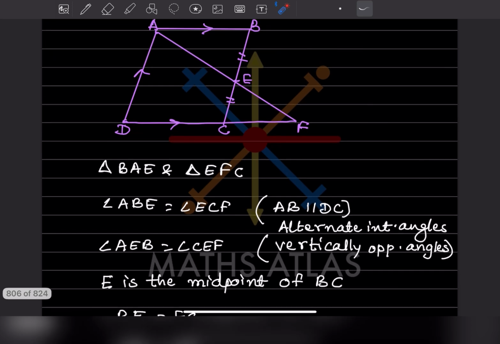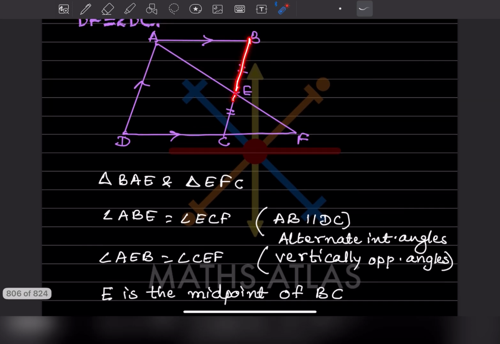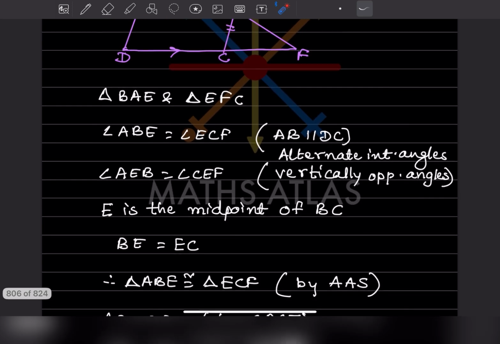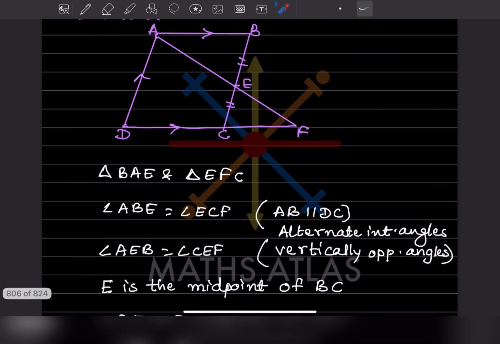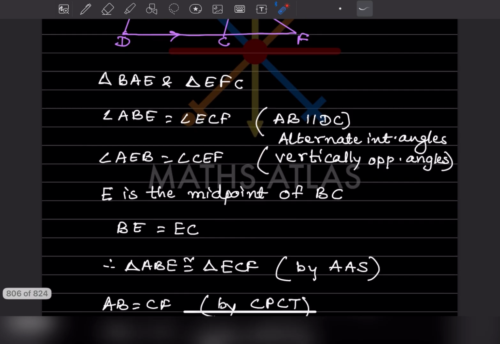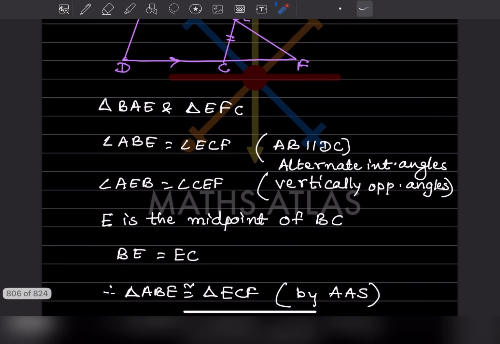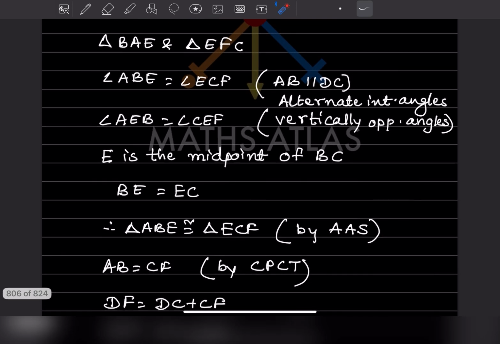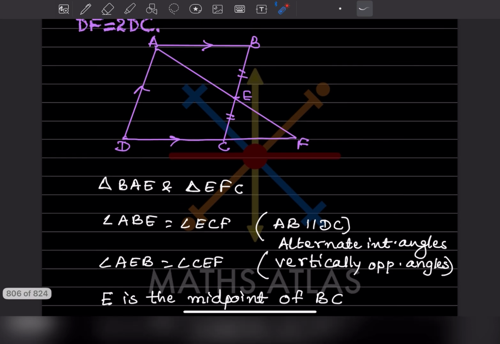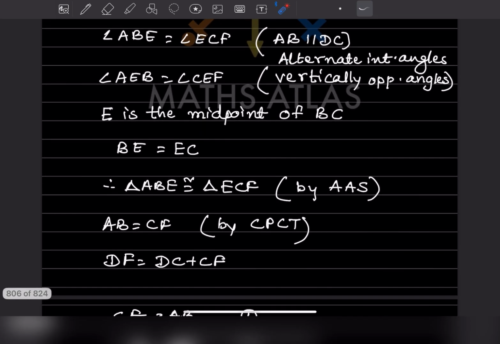Now you can see here BE is equal to EC. So now we can say, therefore, triangle ABE is equal to triangle ECF by AAS. So now we can say AB is equal to CF. And why is it so? That is by CPCT, the corresponding parts of congruent triangles. So now from this one, we can say DF is equal to,